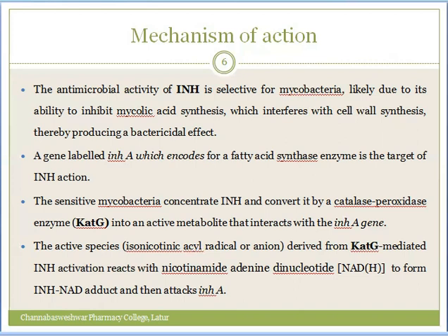That INH activation reacts with nicotinamide adenine dinucleotide (NAD) to form an INH-NAD adduct, and then it attacks a gene, INHA. That means INH converts into its active form by CATG, and that INH forms an adduct or complex with NAD, and that adduct may attack the INHA gene,